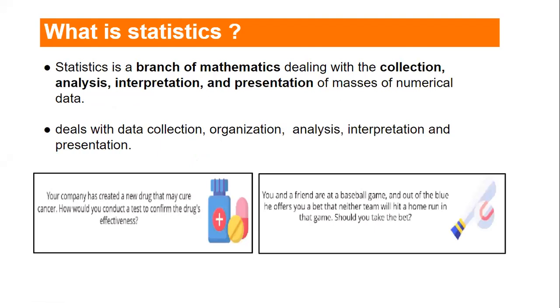So you must have heard what statistics is, and why statistics is playing an important role in the data science field. Not only in data science, but in most fields. So statistics is very important. Basically, what is statistics? Statistics is a branch of mathematics which deals with the collection, analysis, interpretation, and presentation of masses of numerical data. We have huge data nowadays.